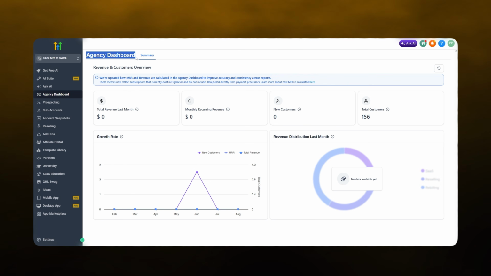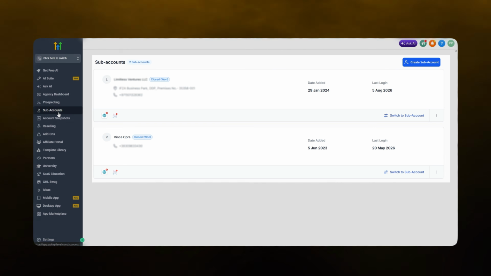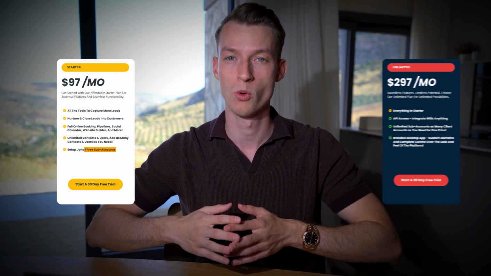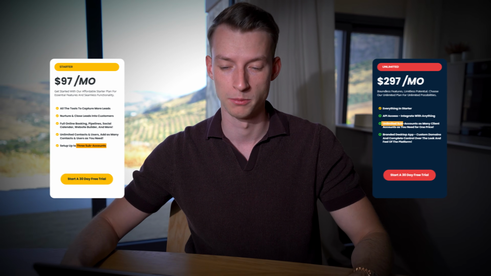So if you've done a lot of work on one of your sub accounts, you have the agency view and then you have all your different sub accounts within that in your GoHighLevel account. Depending on the kind of subscription you have, you can either have 3 of them or even unlimited if you're on one of the bigger plans. But yeah, you can essentially take all of the customization, all of the work that you've put in on one of your sub accounts and be able to sell it to other people as a snapshot, which is essentially an